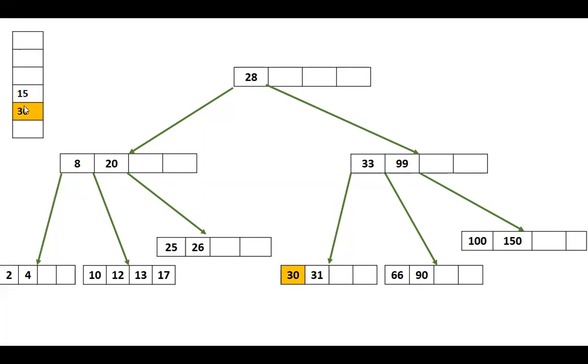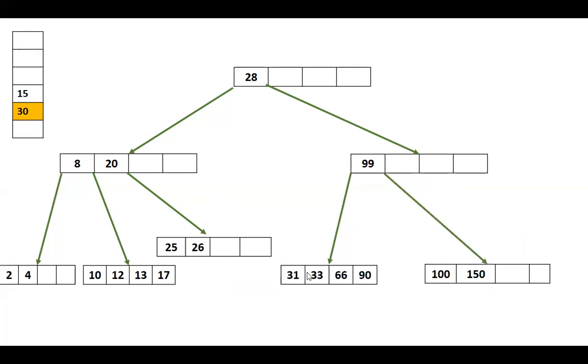Next, what you delete is 30. 30 is greater than 28, but smaller than 33. So you come this side. Now you check. It does not have any left sibling, right? Because it has the minimum required keys, you cannot directly delete. Check its left sibling. It does not have any left sibling, but it has a right sibling. But the right sibling also has the minimum required keys. So in this case, you will again merge the nodes. Here the only merging option is to merge these two nodes. Right? So 30 will be deleted, 33 will move down, and 66 and 90 will be merged with this. So 33 is moved down, 30 is deleted.